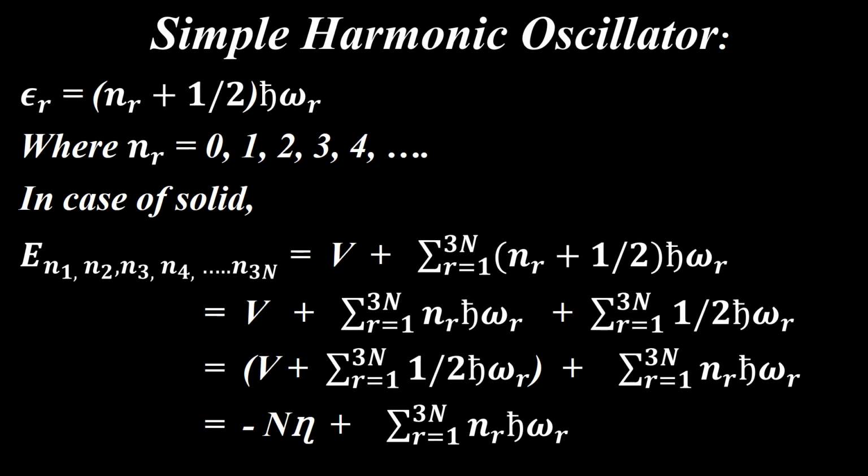This is the value of V plus summation of r equal to 1 to 3n half h cut omega, that is actually minus n eta, plus summation of r equal to 1 to 3n nr h cut omega. We simplify the equations, and next we get